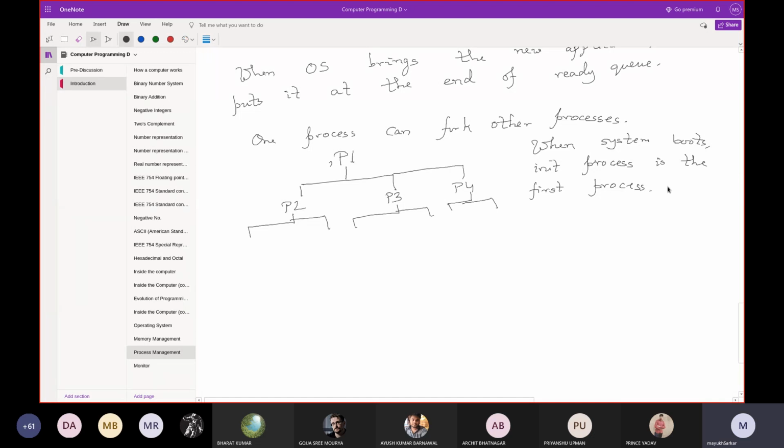Then, as more and more processes get started, like the network manager, the process that will manage the network of your operating system, that will be put into the ready queue. The process that is maintaining the GUI of your system will be put into the ready queue. So before you log in, before even the login prompt appears in front of you, there are hundreds of processes already in the ready queue. Is it clear? Yes, sir.